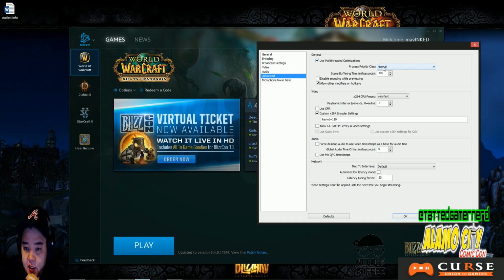No worries. Scene buffering time. That's something I didn't change from the default settings, so I would leave it at 400 milliseconds. Allow other modifiers and hotkeys, that's also something that was checked off from before. Everything that I have here is what OBS has out of the box, so I didn't change any of this stuff, guys. This is all pretty much the same. The only thing I did change is this